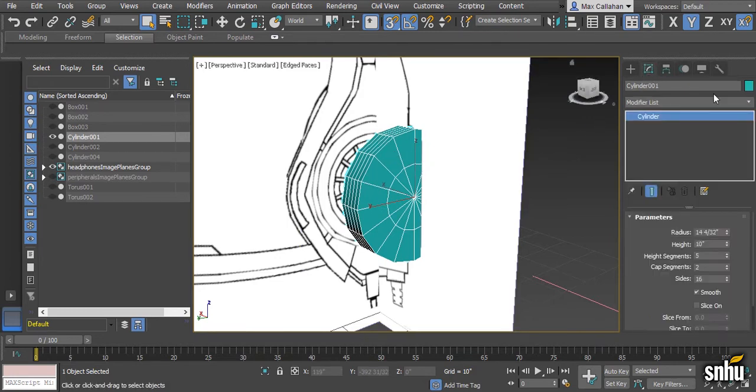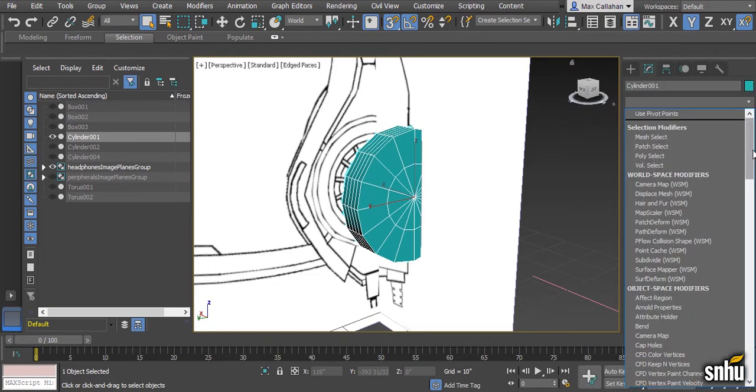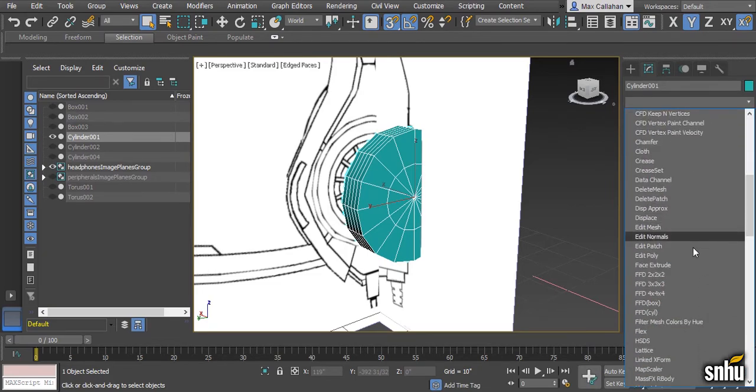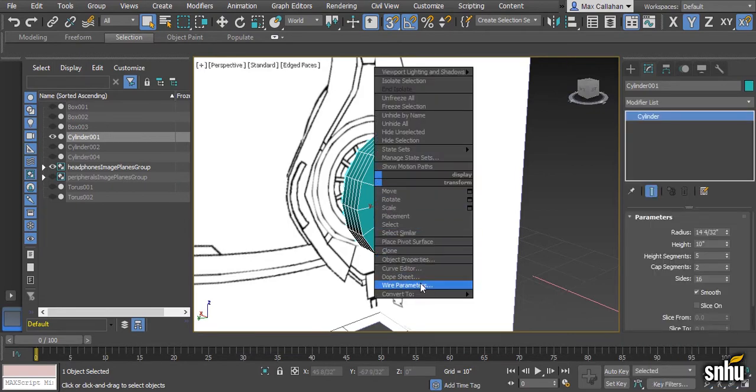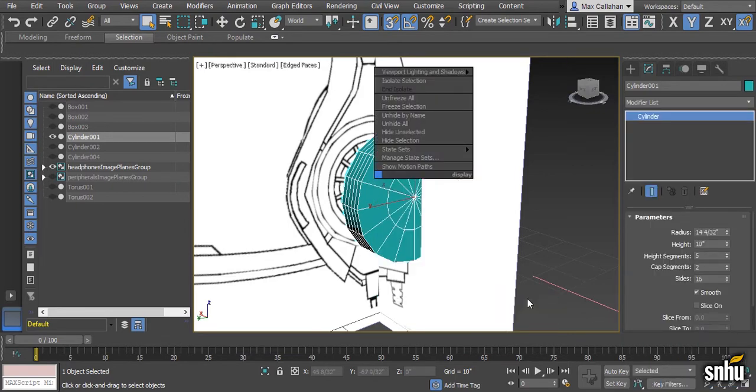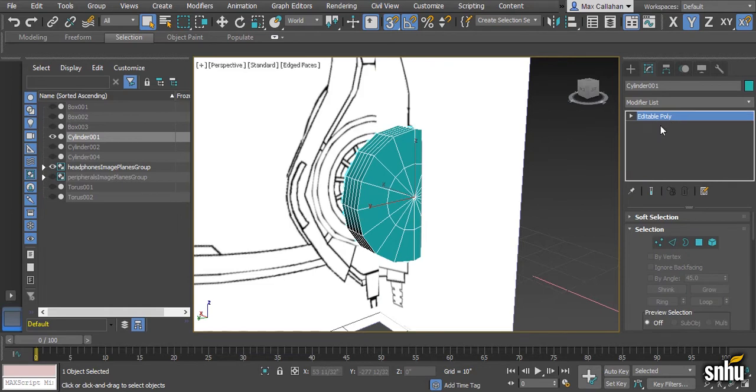So I can access those sub-objects by doing two things. I can go to the Modify panel, and I can add the Edit Poly modifier, or I can simply right-click over the object and choose Convert to Editable Poly. Now you can see that added the Editable Poly modifier to this cylinder, and this has a triangle to the left to let you know that there are options beneath this modifier. So if I click on that triangle, I can get access to all of the sub-objects that make up this